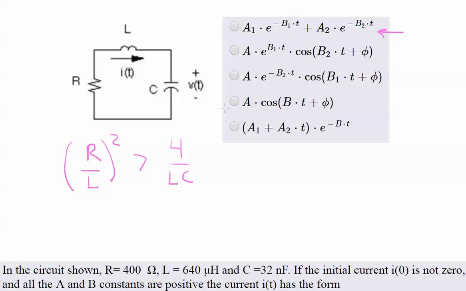Now, if R became smaller, it might get equal to this, and then we would have the critically damped response here. And then if it went even farther to the point where it turned into complex, we would have an exponential decay times a cosine. That would be the underdamped response. So, you know, the questions will come up randomly, but this is over,